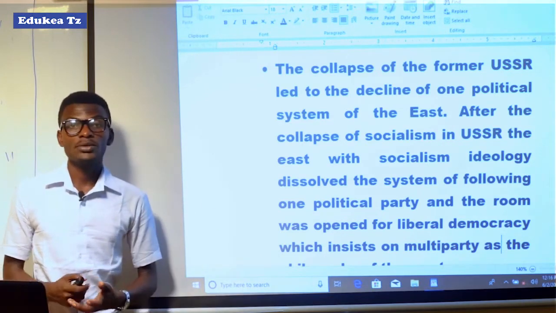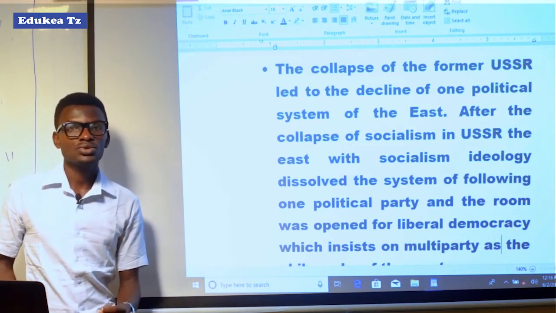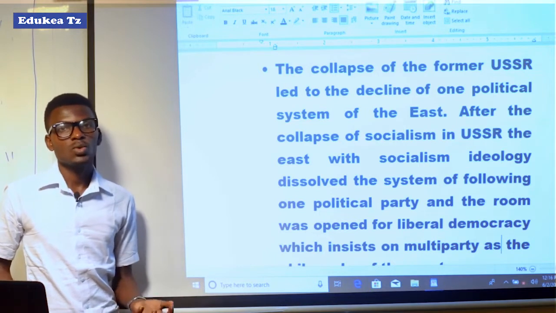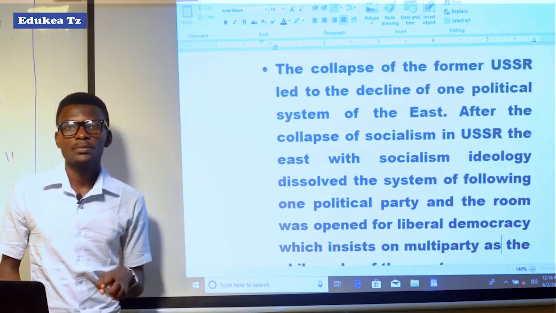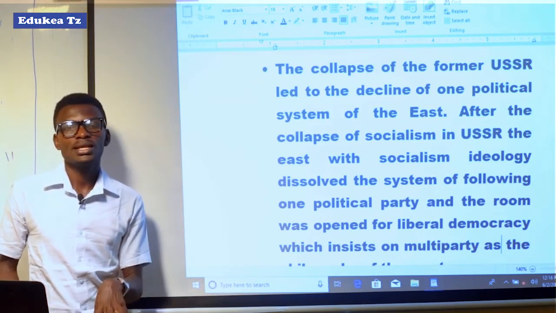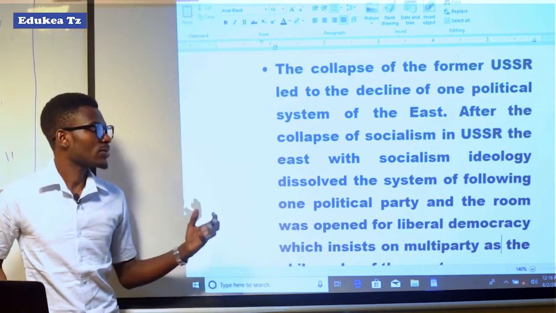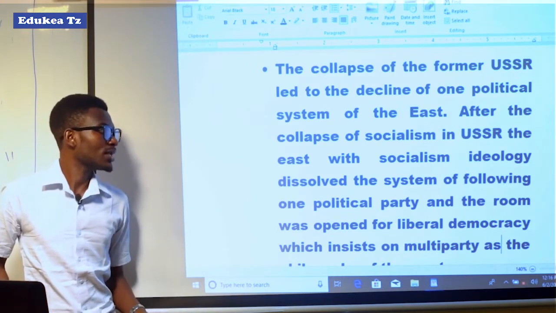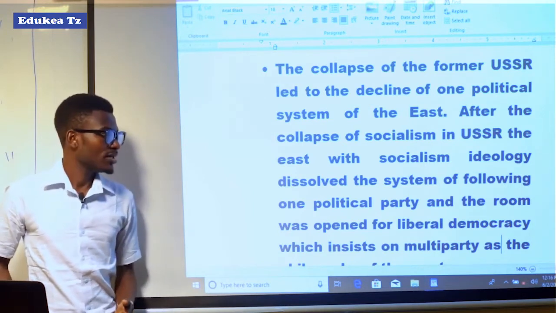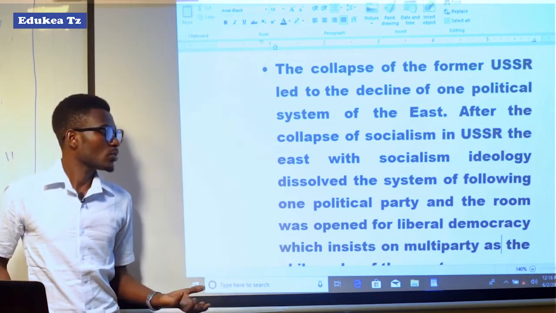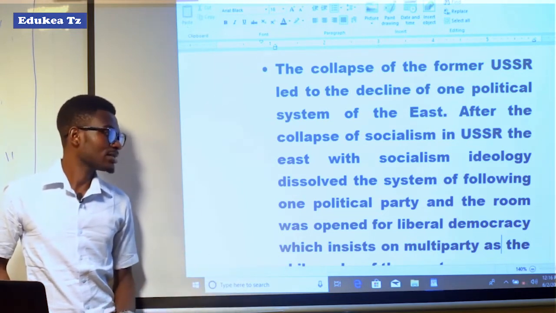After the collapse of the former USSR, the mono-party system in the country, especially in Eastern countries, was dissolved, because that system was propounded by the USSR or by the socialism ideology. After the collapse of socialism in USSR, the system of following one political party declined, and that gave room